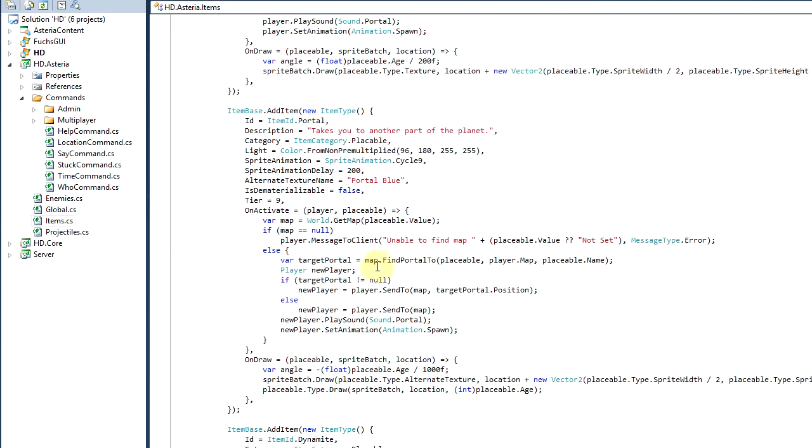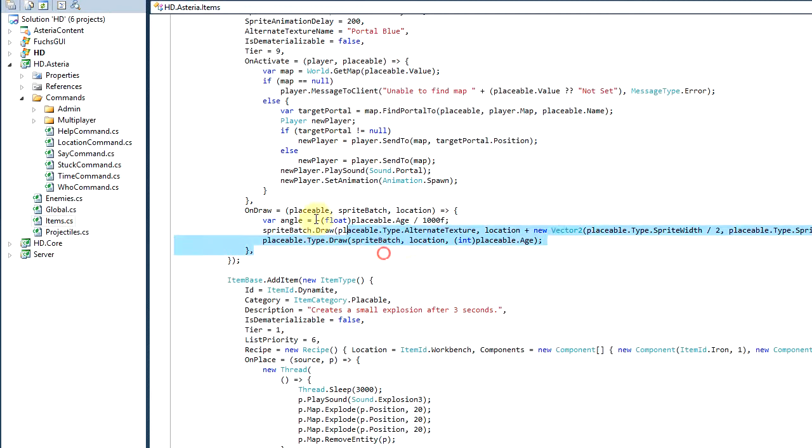Here's a portal. So again, this uses the placeable value to set the destination. It will load the map from the world and then send the player there. It's actually scanning for a linked portal, and if it's found, it will send you to that portal's position. Otherwise, it'll just send you to the default spawn point of the target map. Then it also has its own custom draw here. As part of this sprite batch draw, I'm actually rotating the background of the portal,